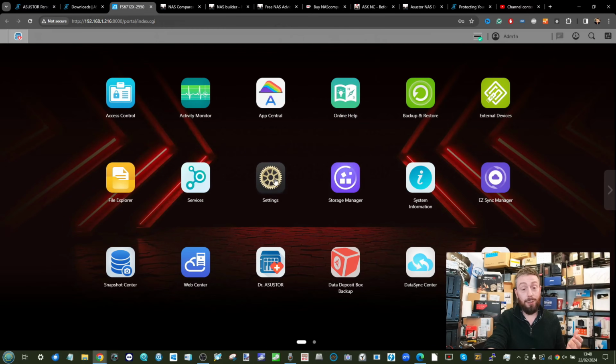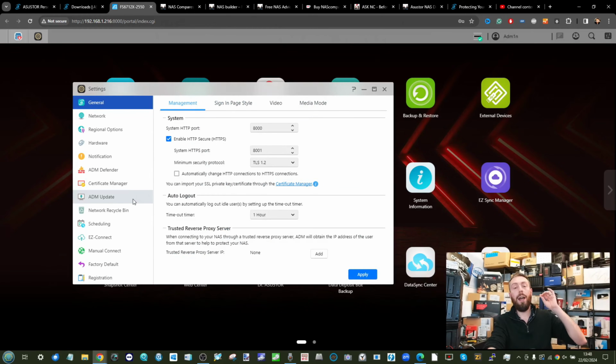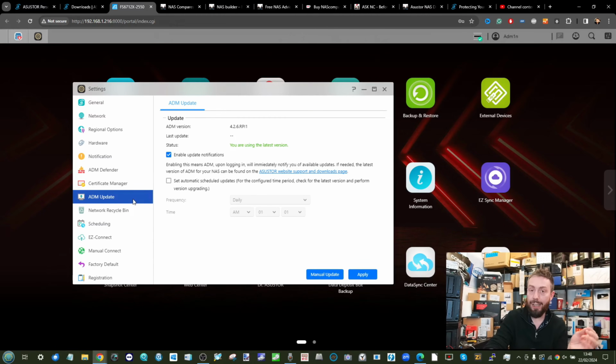However, that's a different story when you need to install a full ADM update. That is the operating system, and it's really important again that when a new version of ADM is available, you automatically install it. I know it's a bore. You might have virtual machines or surveillance running. You might be in the middle of a movie, but it's really important that you let those updates automatically trigger,